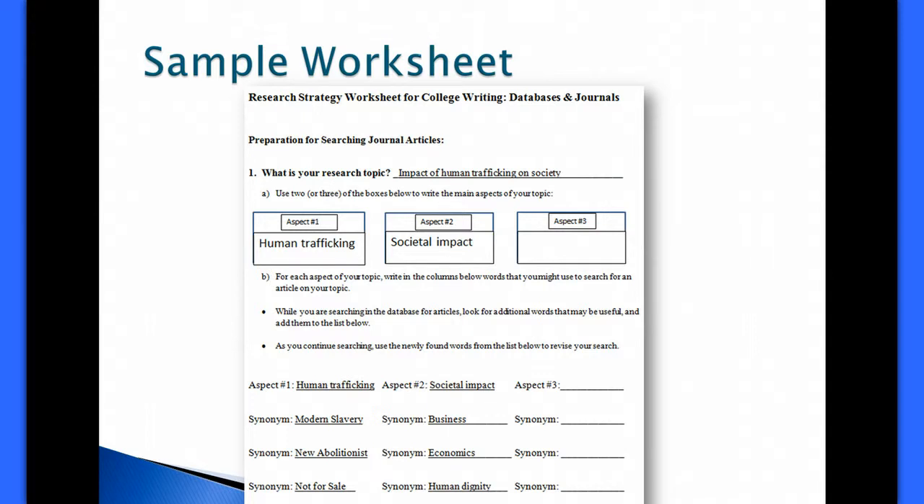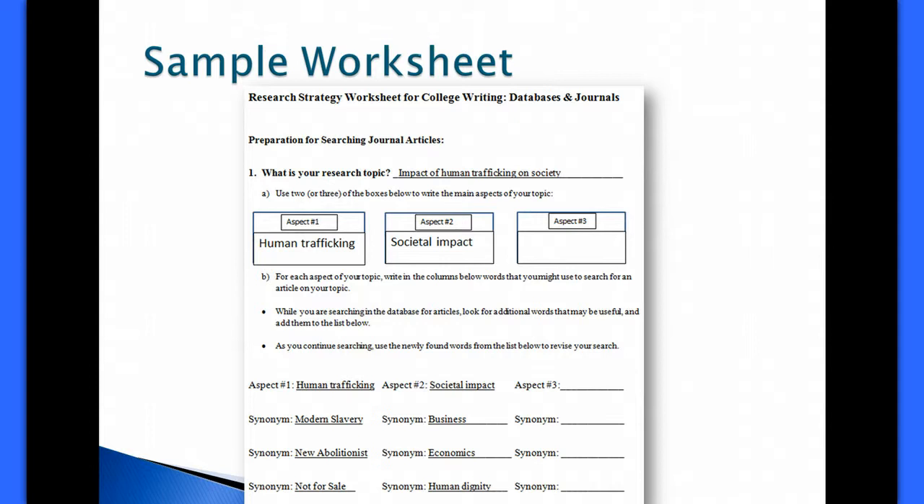And what we're seeing here is the result of someone sitting and brainstorming and thinking, okay, if I didn't find the word or the phrase human trafficking in the database, what else might I try that would give me something similar? And the person who designed this said, okay, well maybe modern slavery would be an alternative. Maybe even the new abolitionist movement, or even not for sale. So what you can do is you can substitute those different terms in and combine them with different terms for